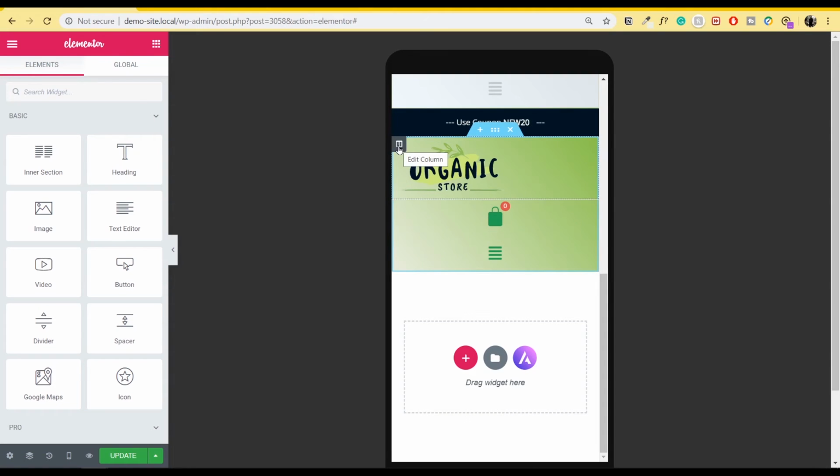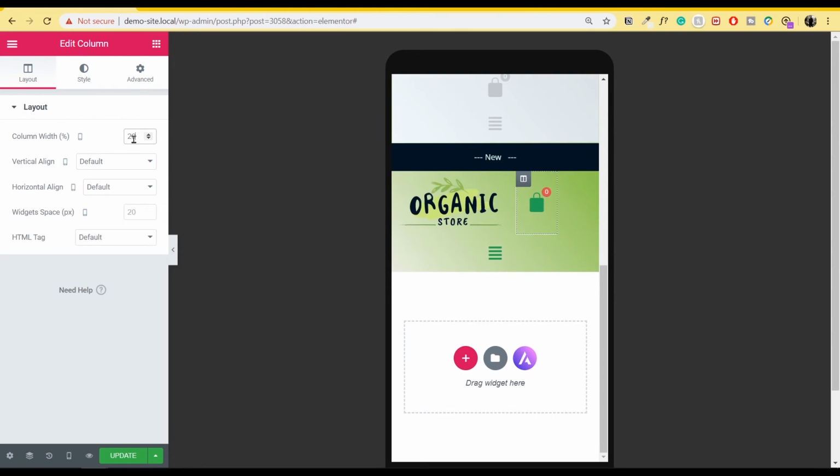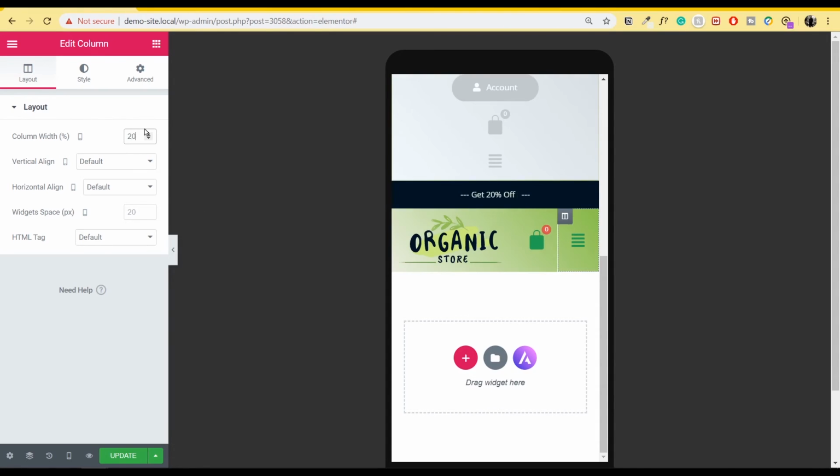So let's change a few settings. First of all, let's click on edit column and we'll change it to say 60%. We'll go to this cart icon column and we'll be putting in 20%, and finally we'll be going inside the menu icon and putting it 20% too.